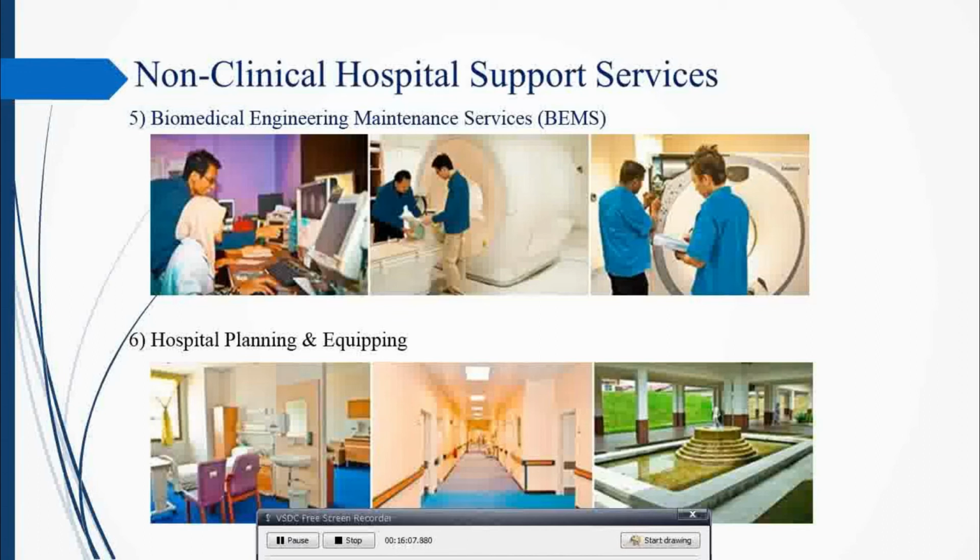So you as an engineer working under BAMS, you will sometimes be in the routine of checking all the equipment. Sometimes you will go from section to section to just evaluate and check the